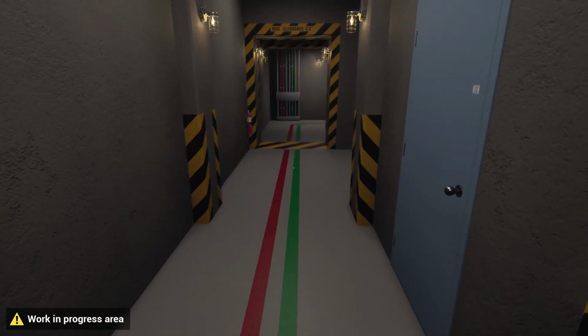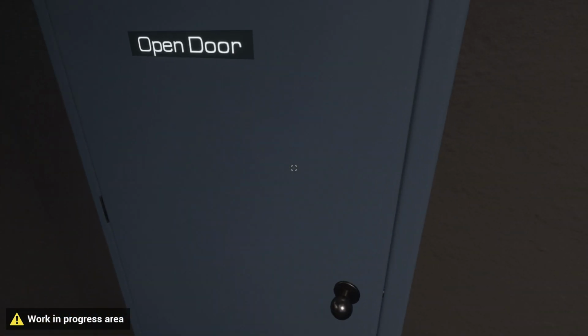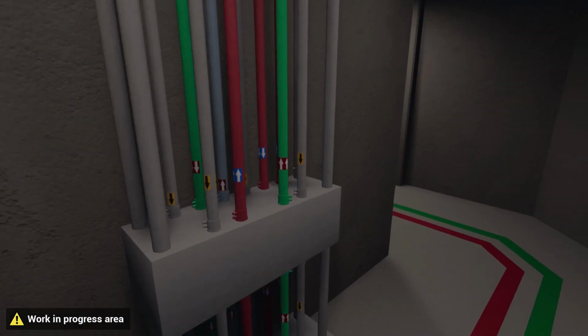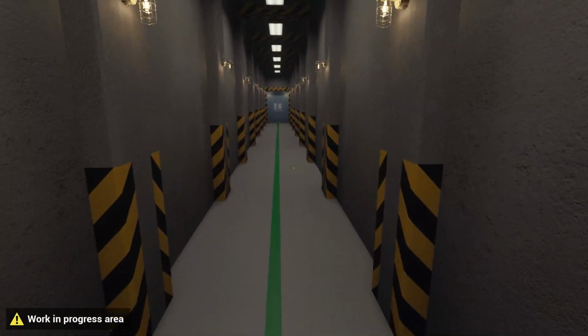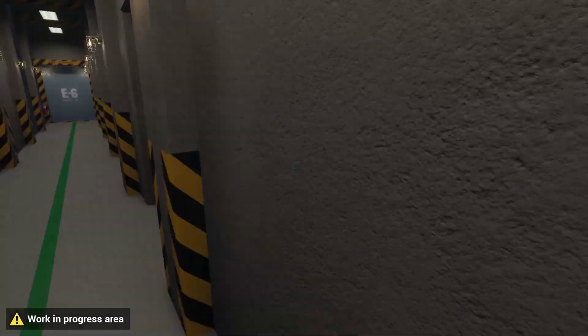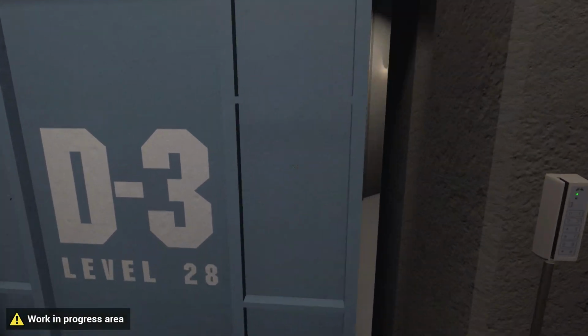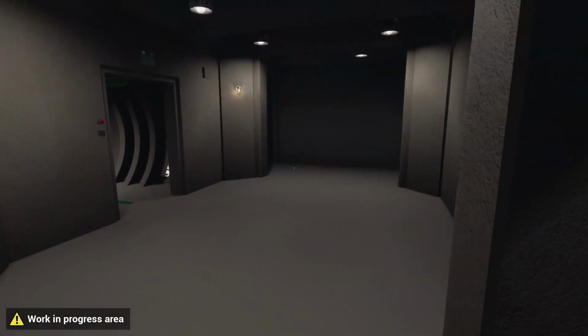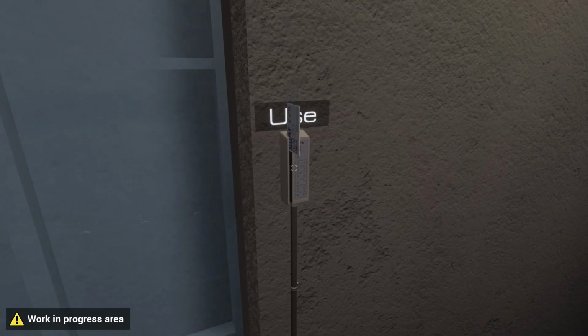So with this card, you can basically access not a lot of areas. Some of them are just locked. I'm not sure if I'm missing something, or if they're just work in progress, or just not meant to be opened. I'm not exactly sure, but you can use the key card to swipe and then open new areas. There's not really a lot going on. A lot of it is work in progress, but